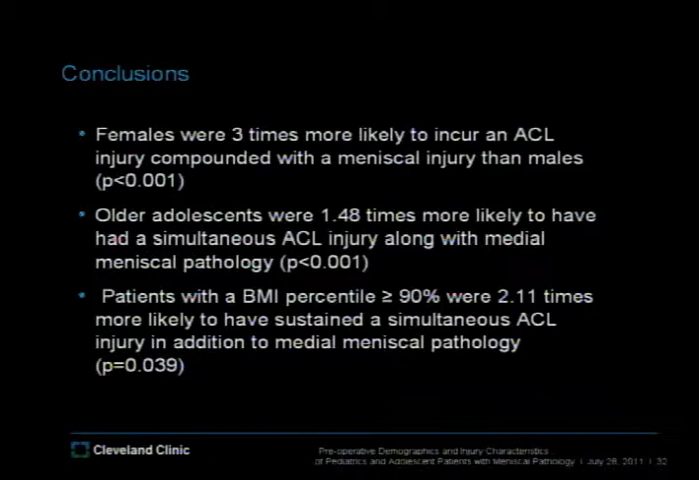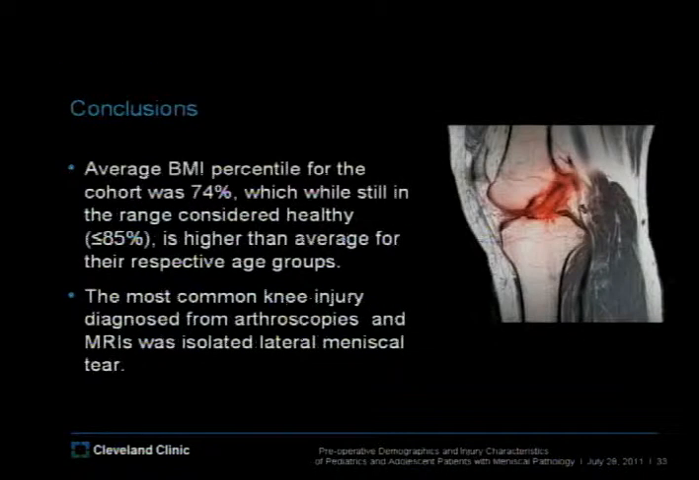And all these conclusions were derived from the statistic data, and all of the p-values, as you can see there, were very small p-values indicating that this data was significant, because we did have a lot of other data, but it was not significant. We also concluded that the average BMI percentile for the cohort was the 74th,